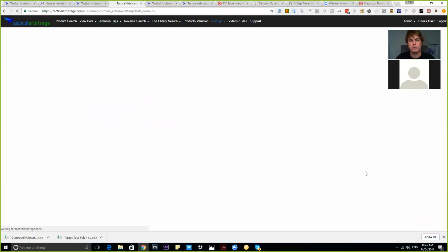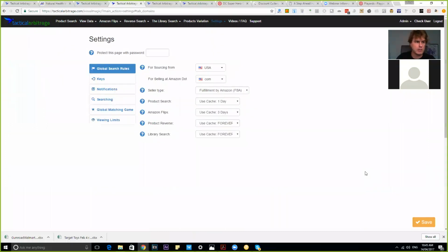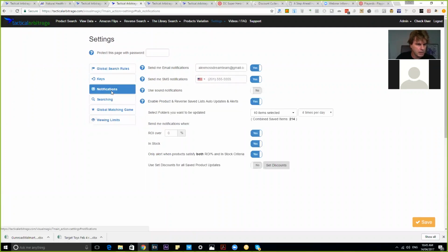If you see an item which is profitable, I would put it in your saved data, and then I would operate this enable product and reverse saved lists, auto updates and alerts. So you'll stick in your phone number there for SMS or your email address, and then you'll pick which folders you want to get updated, and you say, send me a notification when this item becomes in stock,